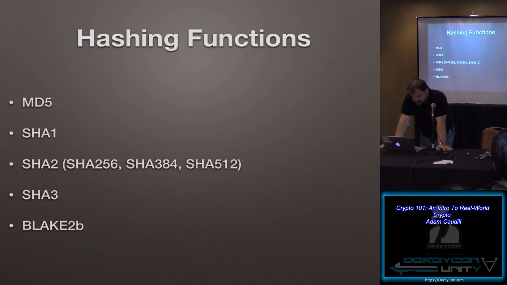I also want to give a mention to Blake 2B. The best researched candidate for the SHA-3 competition was Blake. After another candidate won, the Blake team came back and built Blake 2. It is faster than MD5 and as secure as SHA-3 with variable output. So if you're retrofitting a system that uses MD5, it is a great option.